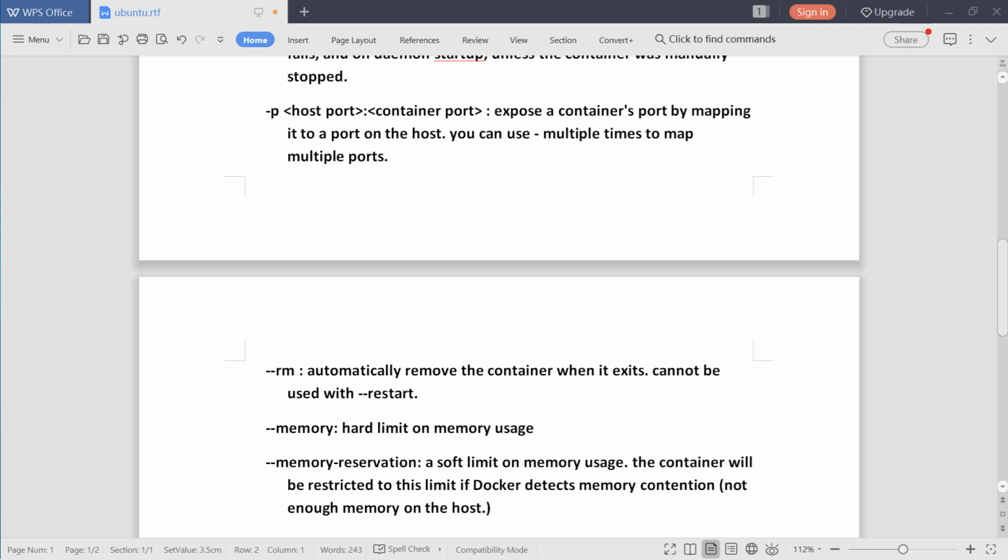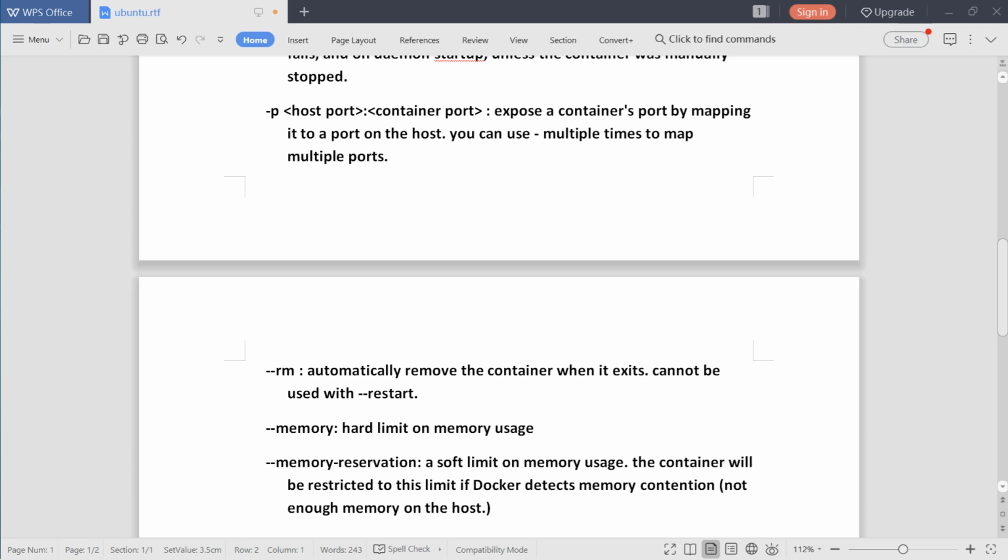So if we are using the nginx image, we can provide the host port, then a colon, then the container port, which is 80 for the nginx image. It will map the container port and the host port and expose that image. We can browse that container.